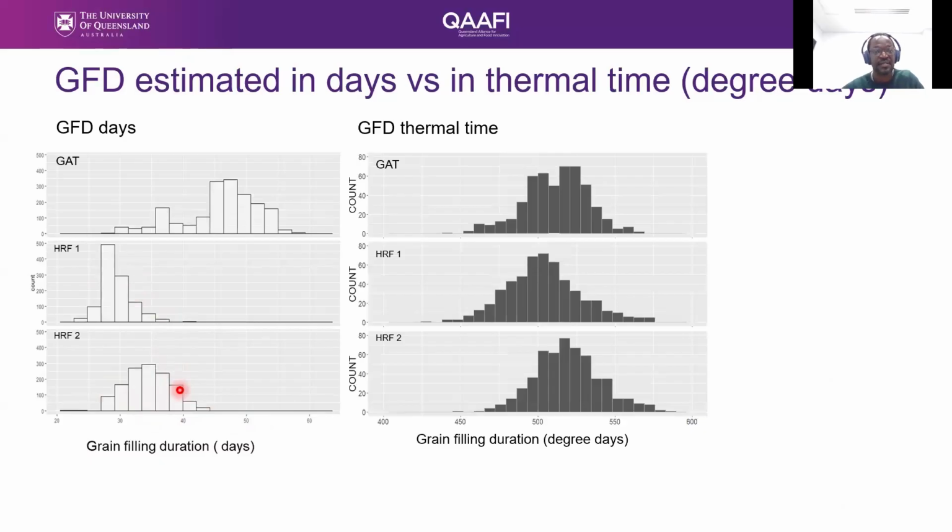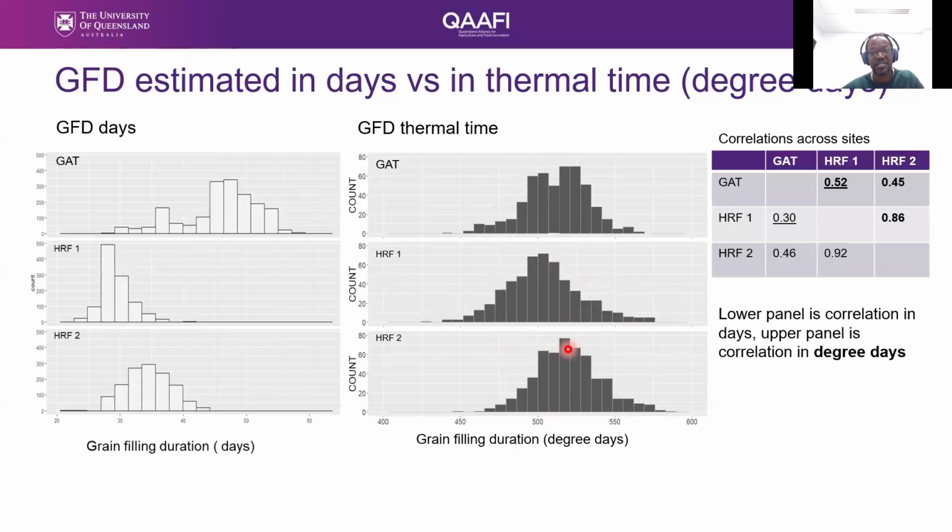However, when we estimated this grain filling duration in terms of thermal time or degree days, we find that Gatton especially comes together with the other 2 sites in terms of similarities. And if you look at the genetic correlations across the 3 environments, especially for correlations between Gatton and Hermitage, it really improved from 0.3 to 0.5, showing that accounting for thermal time improves our estimation for grain